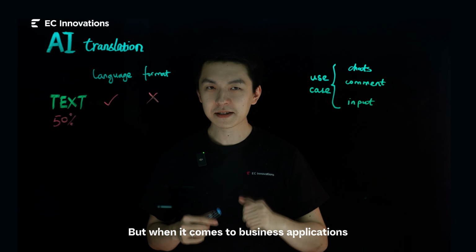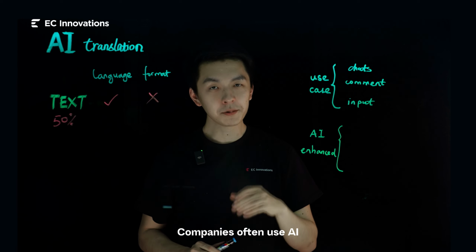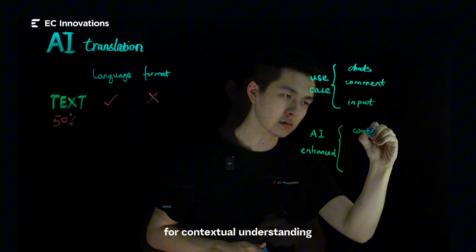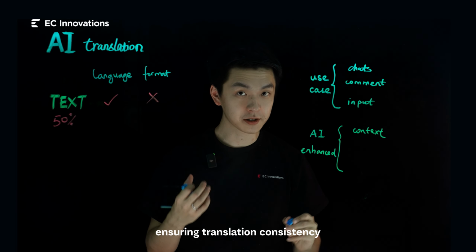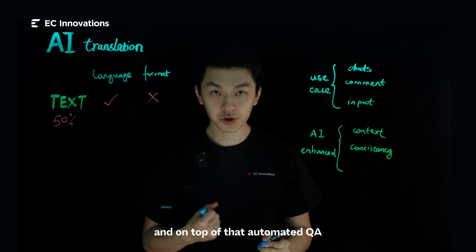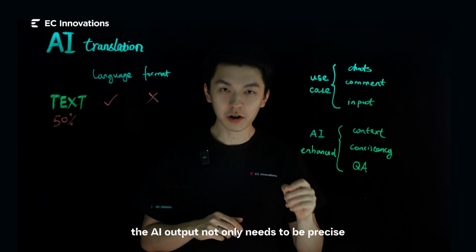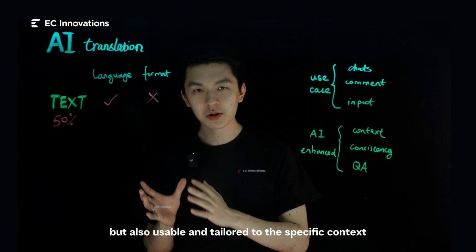But when it comes to business applications, things get a bit more involved even for text translation. Companies often use AI for contextual understanding, ensuring translation consistency across documents, and on top of that, automated QA for quality assurance. In these cases, the AI output not only needs to be precise, but also usable and tailored to